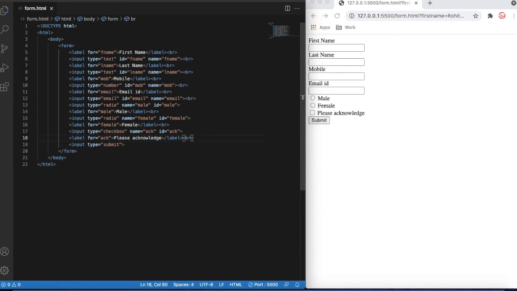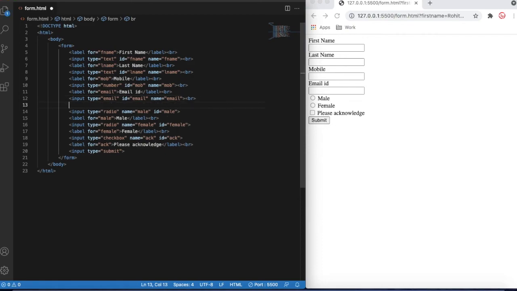So now our form is ready, but the only difference I can see is that male and female doesn't show any purpose of what we are taking, right? We should say, please select the gender. So we'll do that. For that, you can see under this input, I'll take a label, and this time I am not defining for which one. I'll just write here, please select the gender, and definitely I should put a br for the next line. Save that. So our form is right now ready.